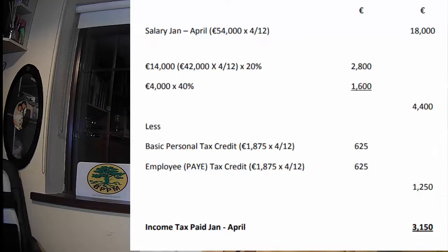In 2024, Shane is entitled to a standard rate cut-off point of €42,000, a basic personal tax credit of €1,875, and an employee PAYE tax credit of €1,875. Shane is assessed to income tax on the cumulative basis. In April 2024, Shane incurs qualifying health expenses totaling €2,800 and claims relief in year on same through the real-time